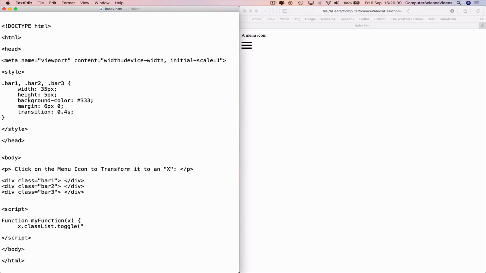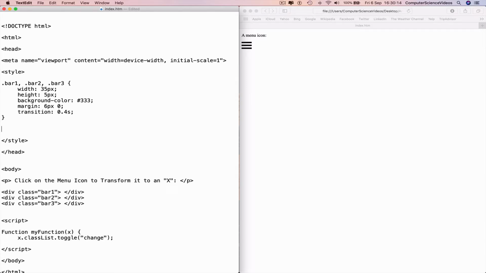This is where the change will occur. If we do not have change, there will be no change. Semicolon, command S to save, and now we can go back to the CSS code and now insert .change .bar1,